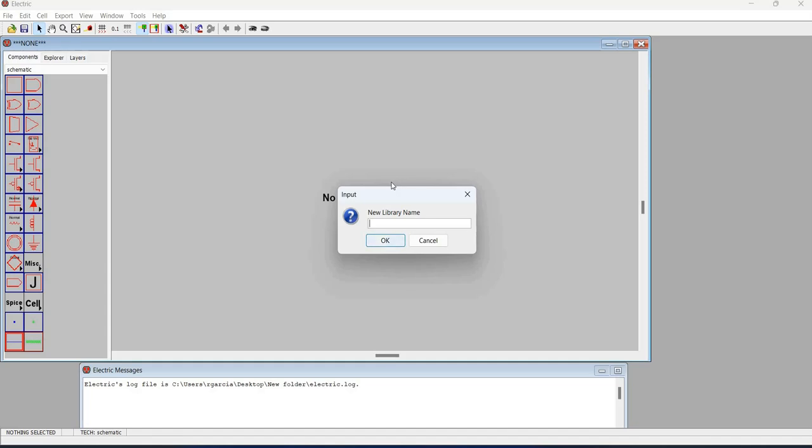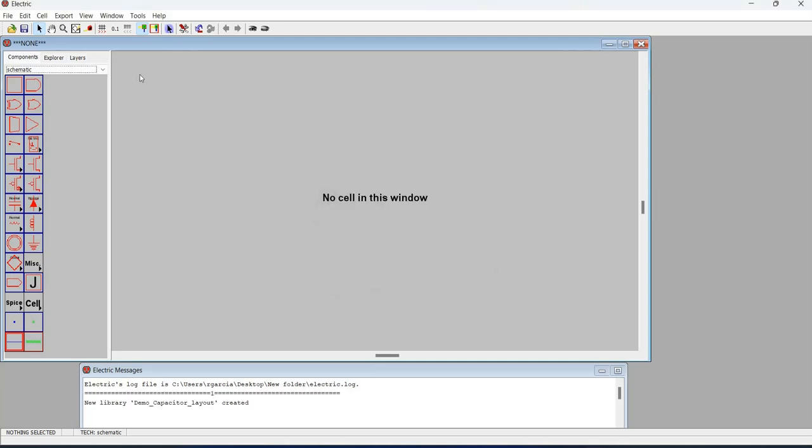So if you want to include this file on your existing library, you may do so. So just name it as demo capacitor layout.